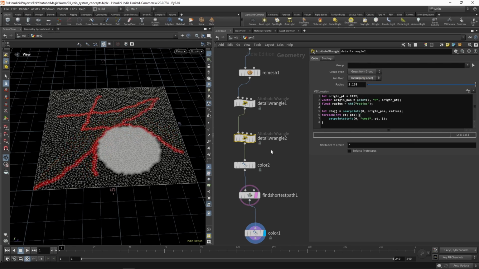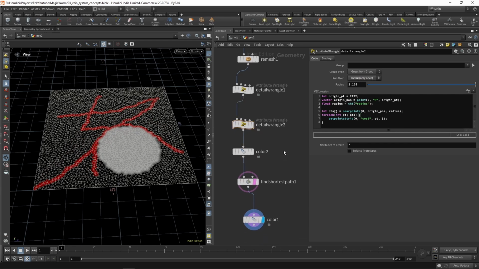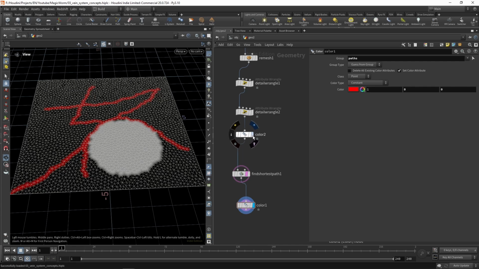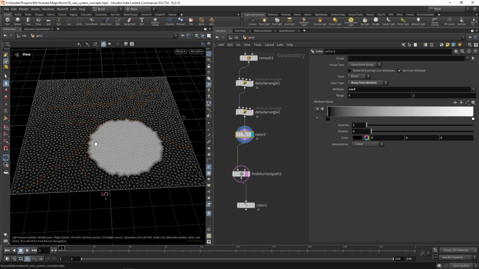And this is what we are going to use to avoid our vein system to pass through the craters that we defined in the previous video. Let's now talk about a couple of VEX functions that we are going to use later on. They are pcfind and expandpointgroup. So let me start from here. Okay, we need the cost attribute,